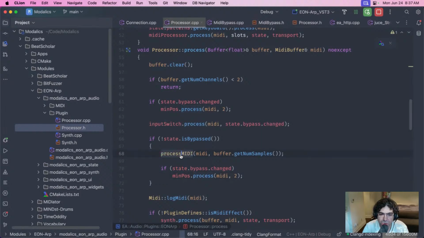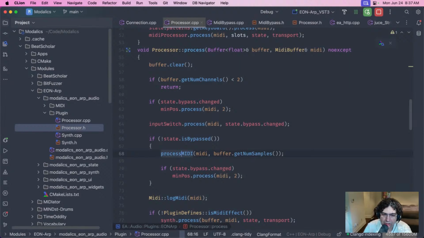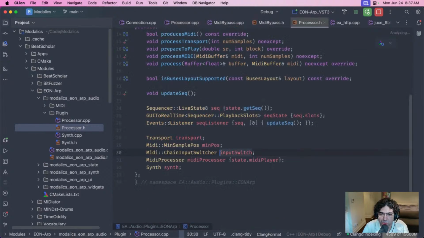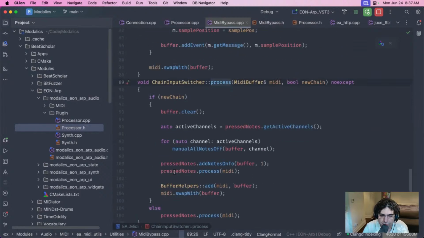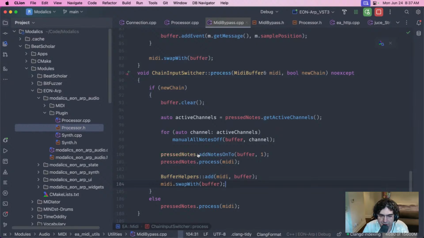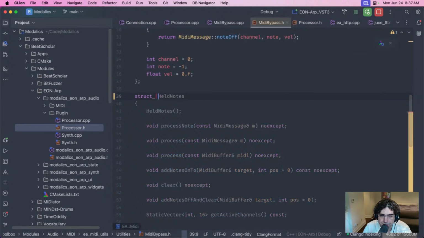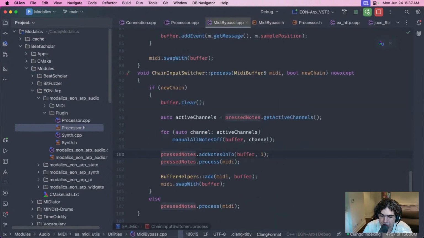Process MIDI is the actual EON-Arp process. And I think the logic behind this is meant to do the switching. Input switch, what's the input switch? Oh, it's like a switcher. Okay, so I made this thing that's like a switcher. What this does is it keeps some list of the notes. I have this thing called held notes, and I'm keeping a list of the pressed notes so that